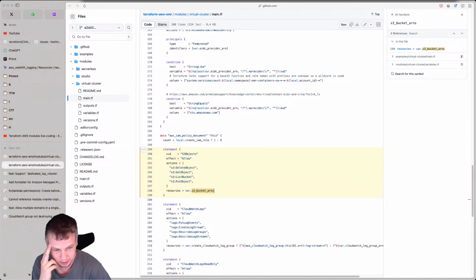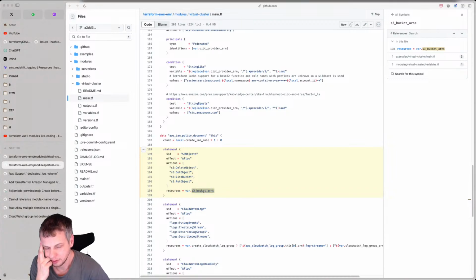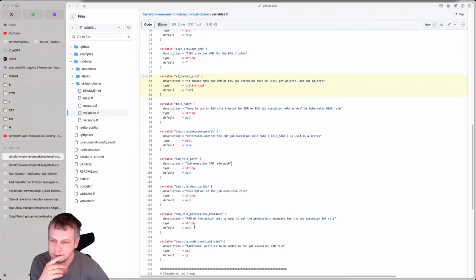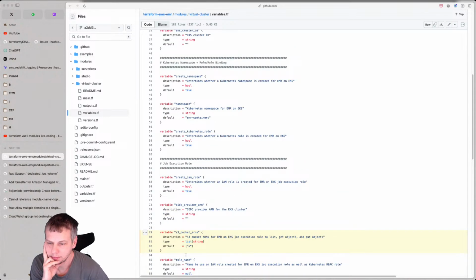The only thing which we can improve here is, just thinking loud, if we make this list empty, this means that we will require users to provide S3 bucket IRNs, which is not a bad thing, right? Yeah, probably it's not bad.